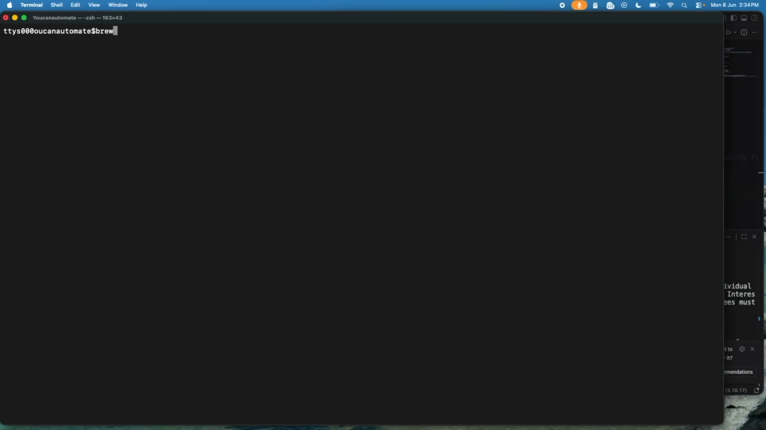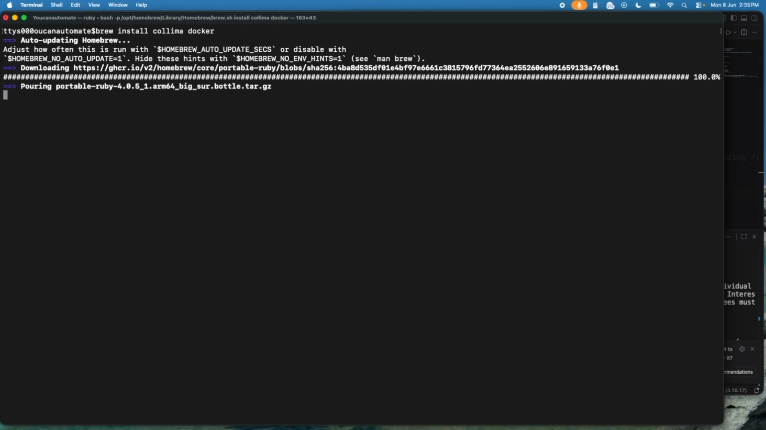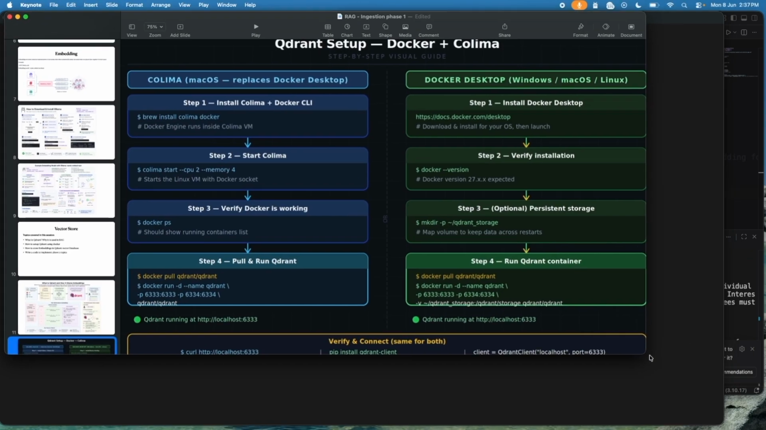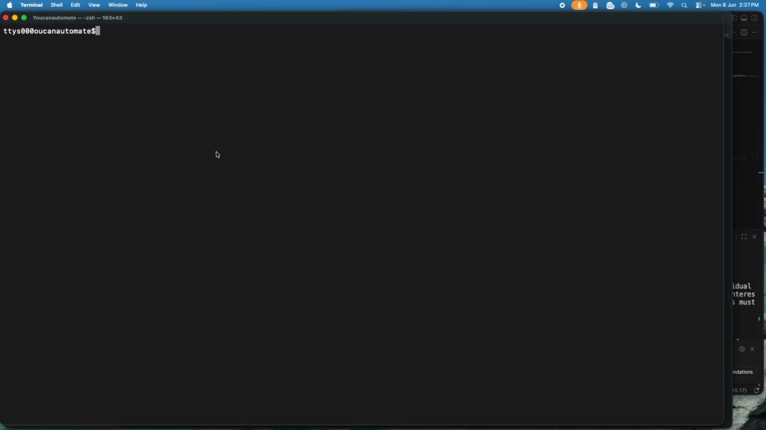Here, the first thing is I need to install Ollama. To install Ollama, I'll be using a brew command. Brew install Ollama Docker here, and my Ollama is installed now. The next thing is I need to start Ollama. To start Ollama, this is the command which is given in this slide. Ollama start --cpu, and I need to provide the memory. So let's go to the terminal and execute this command. Ollama start